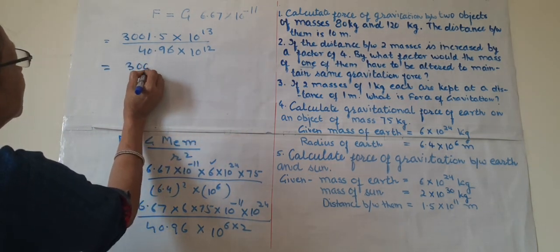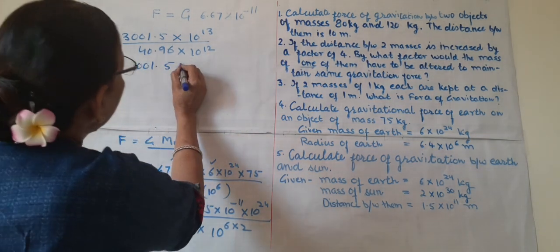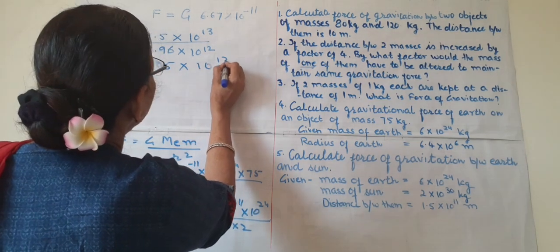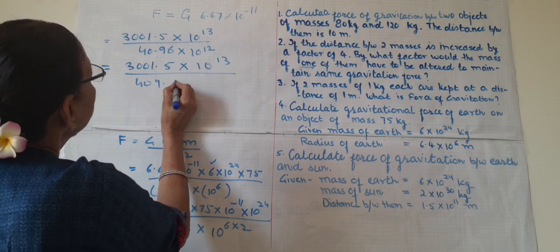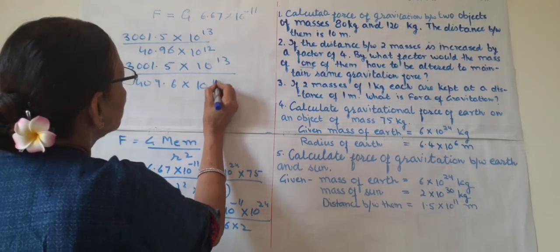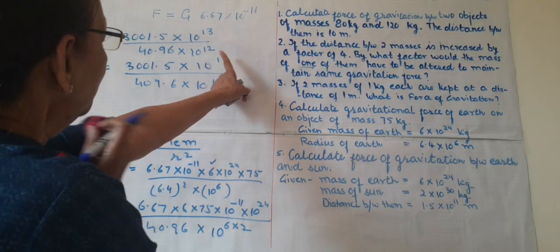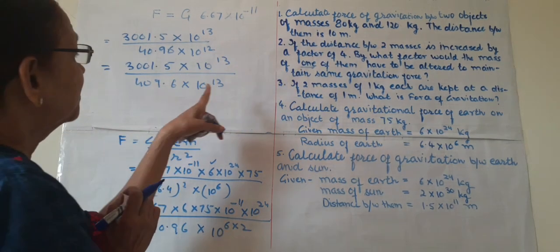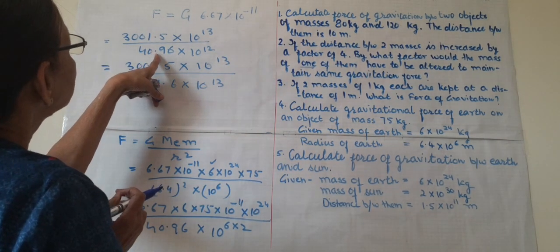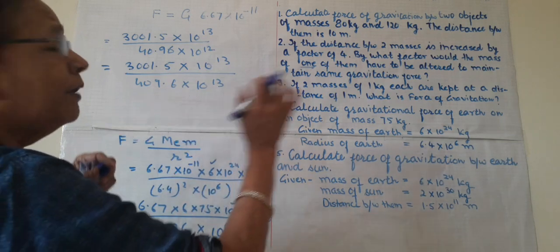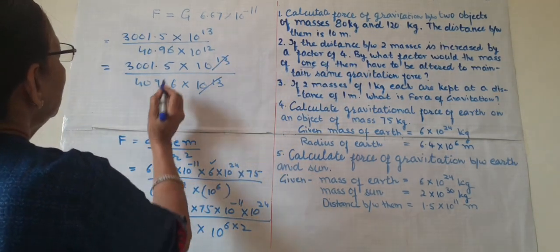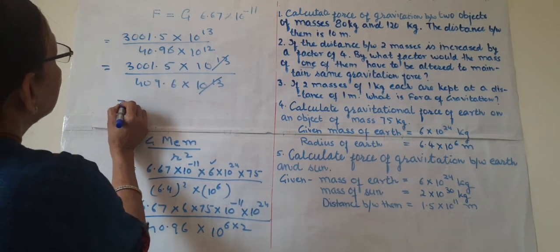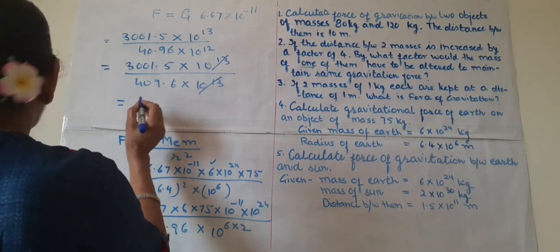So it will be 301.5 into 10 raised to power 13 divided by 409.6 into 10 raised to power 13. So 10 to 12 becomes 10 to 13 if this decimal is shifted one digit to the right side. Now these both will be cancelled, and if we calculate this, it will come to